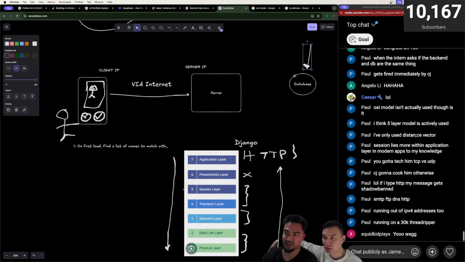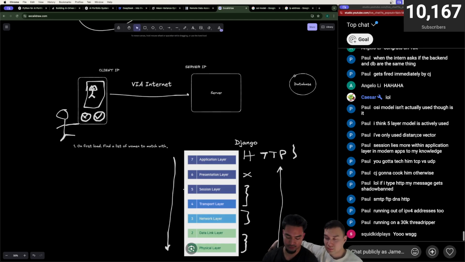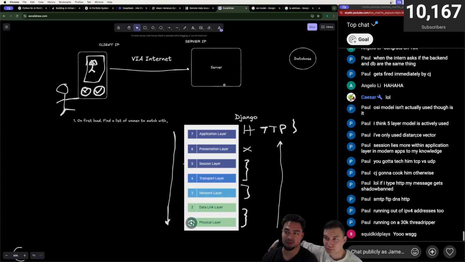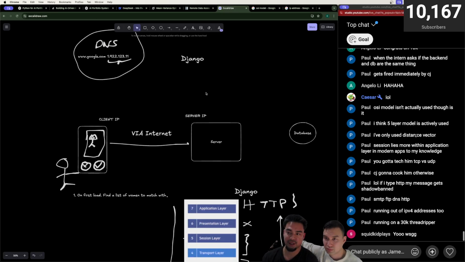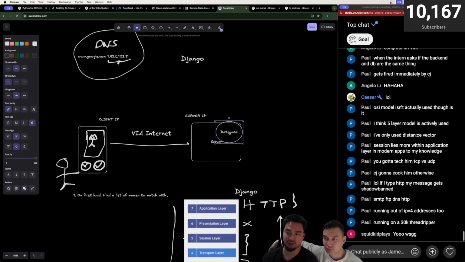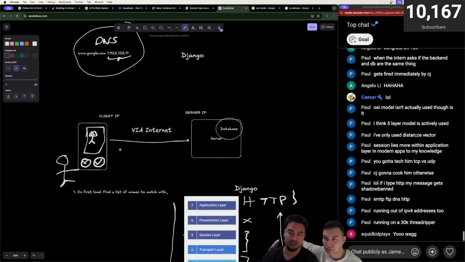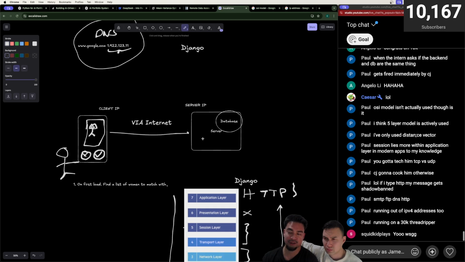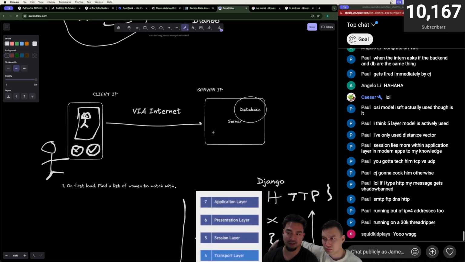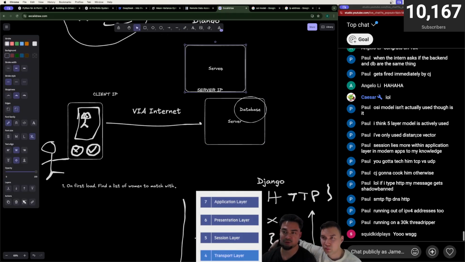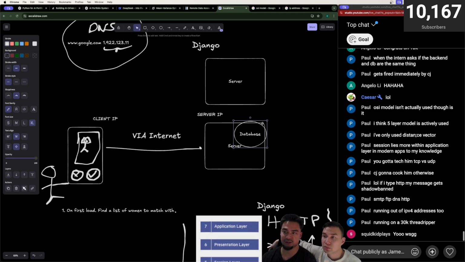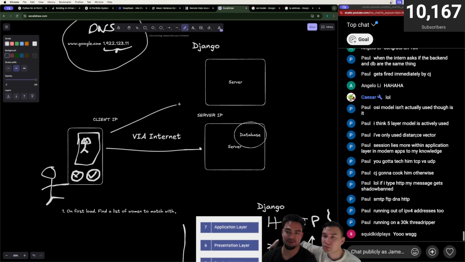The database is usually separate from the actual server, right? This is another reason why. Pretend we have 1 million people using this server. That server's load is going to be so high. So a lot of the time we horizontally scale the servers, and we'll send 50% of people to this one and 50% of people to the other one.